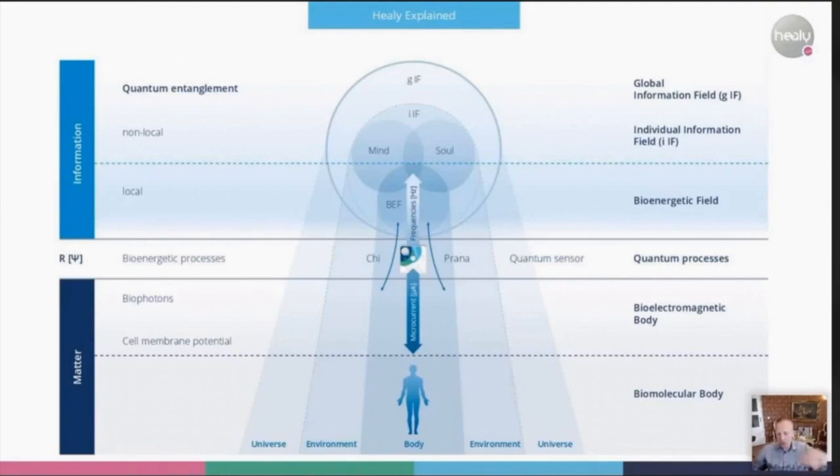The level of the quantum processes divides our world into two halves. One half is below, which we can just call matter. The other half is above, which we call information. Matter and information are not really two different things, but they are actually one. Information can manifest as matter, and matter can be